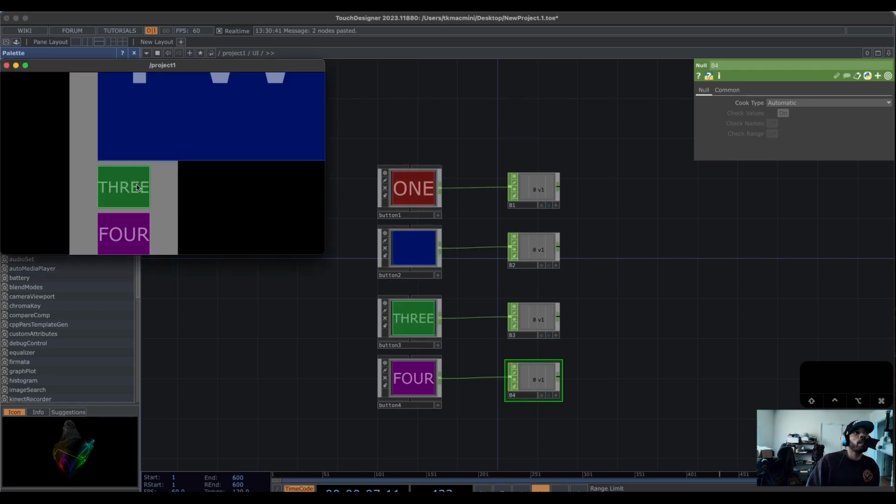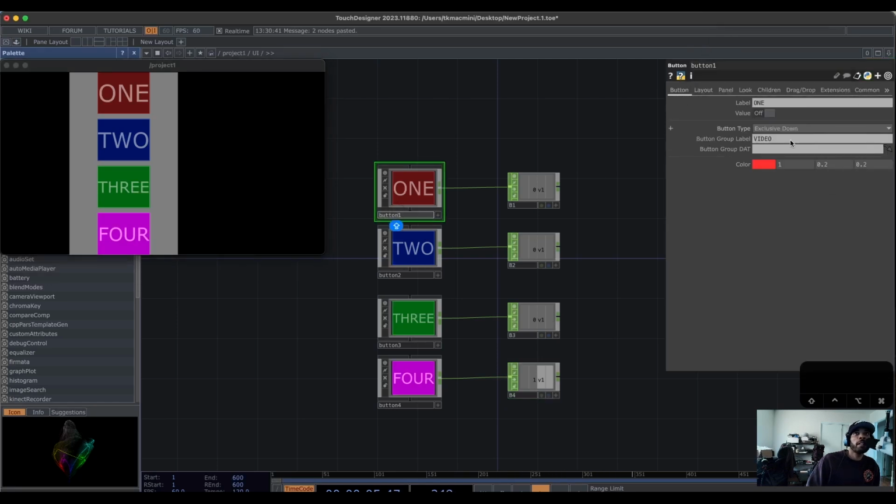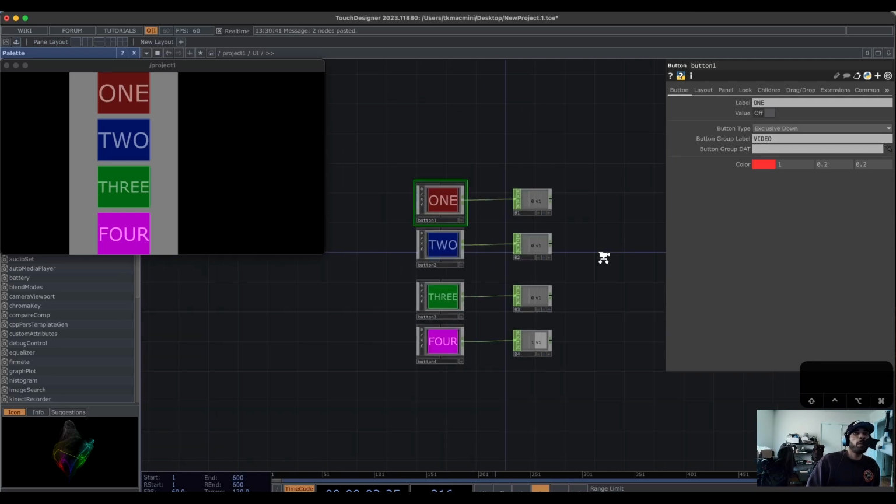Okay, as you can see, they are acting exclusively, okay, because they're all associated to this one group. So if I had added them independently, then they wouldn't be passing information between each other. But now because they're in this group, again, you want to make sure that your button type is exclusive down and that you've assigned a group. So again, the group labels video. Now what we can do